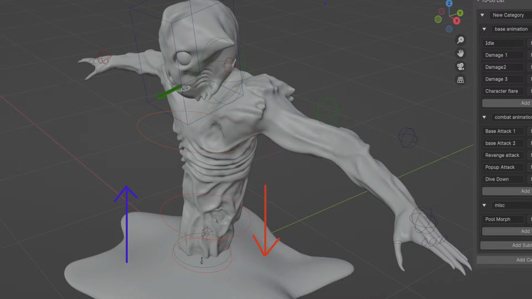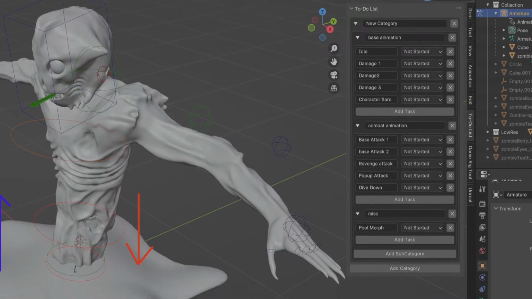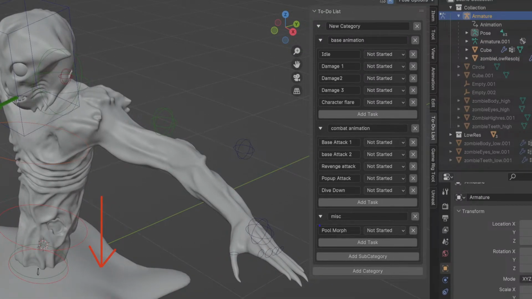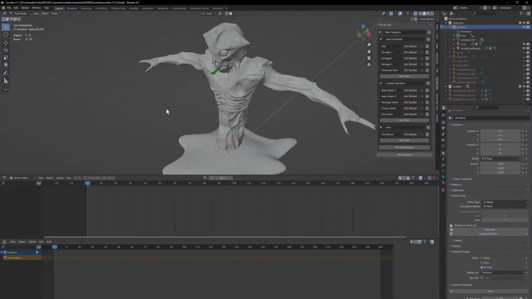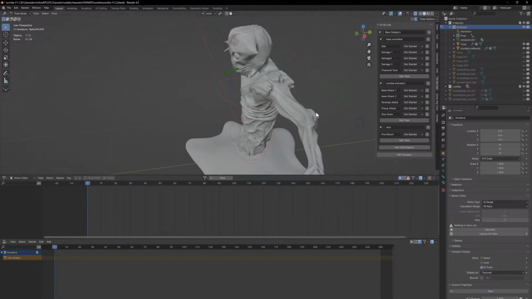So there's going to be two different animations: the animation of him disappearing into the ground, and then the animation of him reappearing above ground. And then we have also miscellaneous things to do here, the morphing for the pool of darkness, which is going to make a couple of blend shapes, and in Unreal we're going to blend between those in real time. I have a video specifically about that entire system that I made quite a while ago at this point. So that's all the things that we're going to need to do at the very least,